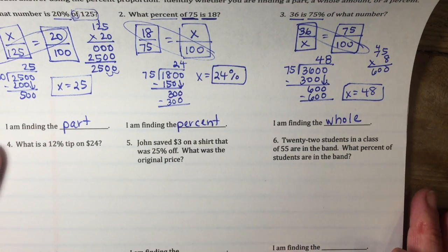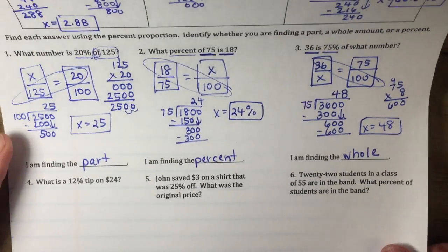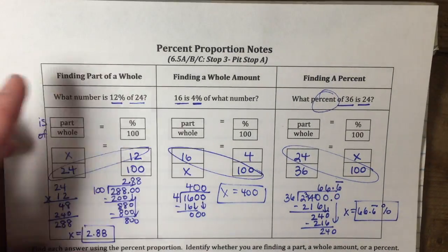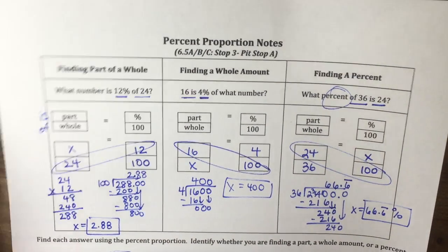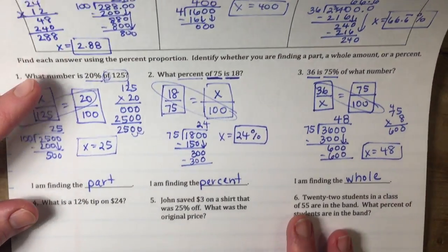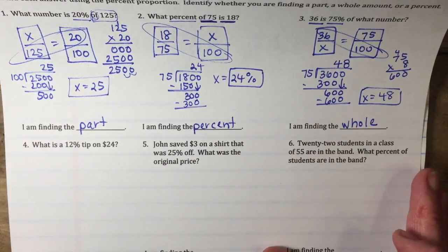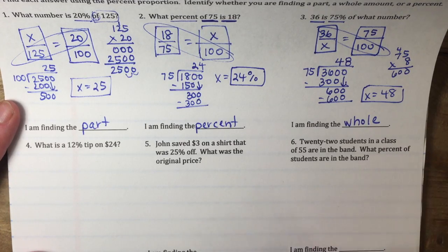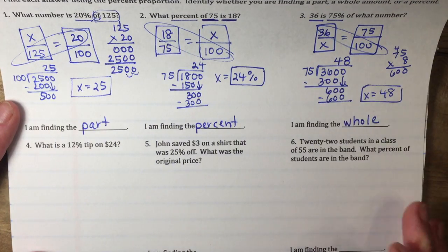All right, so we're going to go ahead and finish up the foldable we started on percent proportion. It's the same paper you were using before, and we called it pit stop A before. We're going to go ahead and finish it for pit stop B. Now we're taking that same proportion that we used to solve these questions up here, and we're just going to